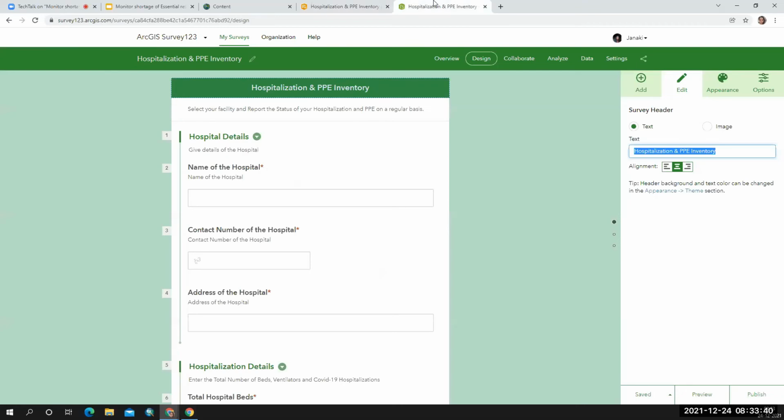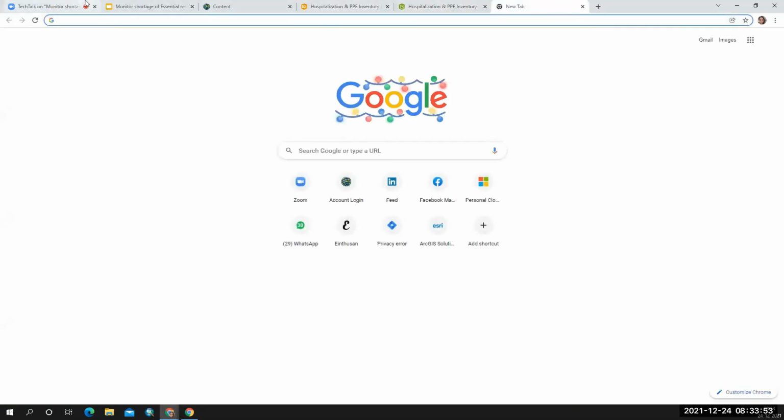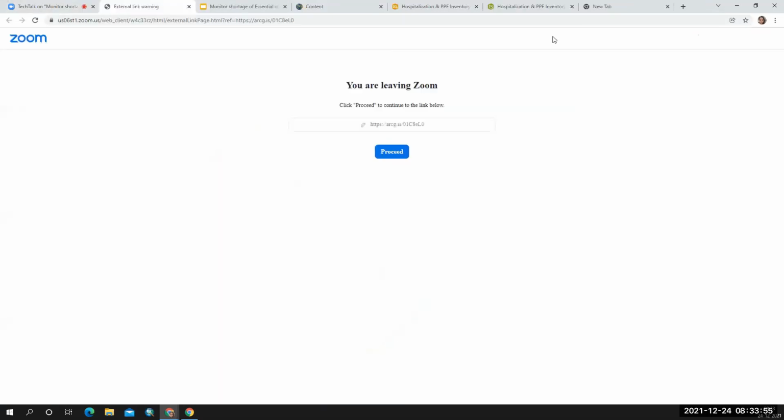So can you fill in this information first so that I can have the details here and we can, based on that, we can create the map and the data. Whatever the link I have given you here, open this and fill in the details.